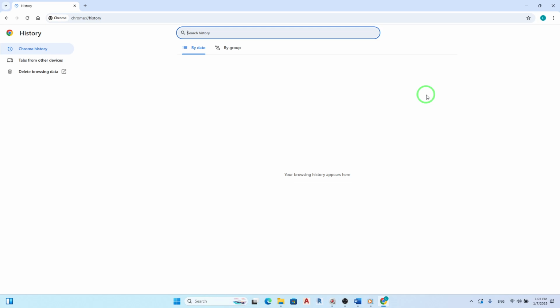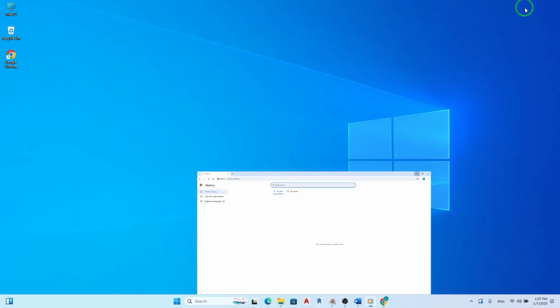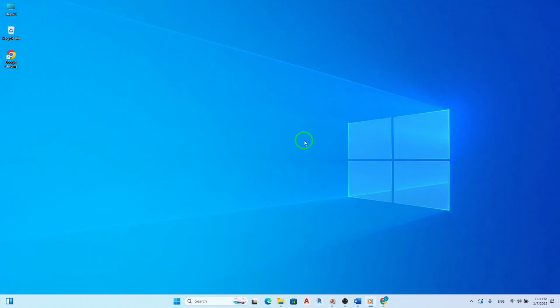That's it. You've successfully accessed and navigated through your browsing history in Google Chrome. Remember, keeping track of your online activities can help you retrace your steps and find valuable information that might otherwise